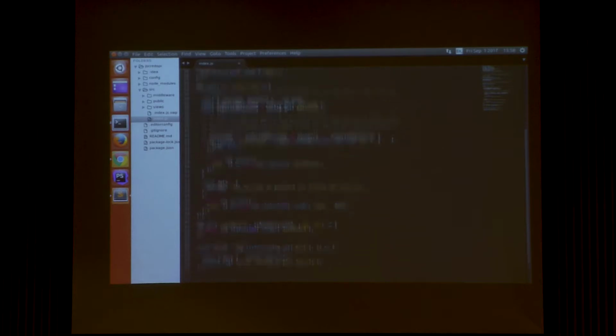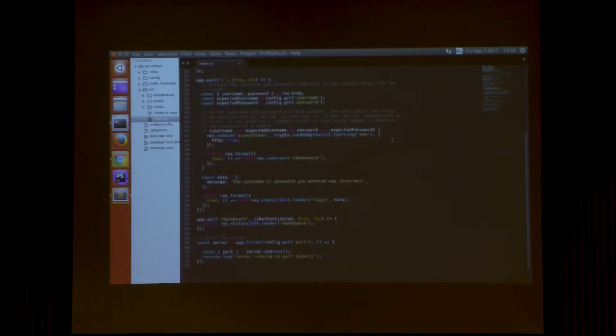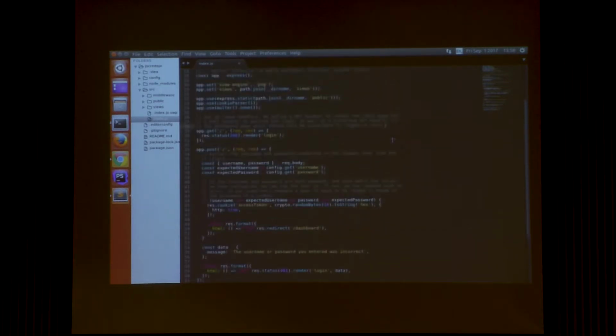We're not going to change very much in this file, but so you can get an idea of what the application does. We have a get route handler, which will render a login page. We have a post route handler to the same location, so that when we receive a post request from submitting a form, for example,